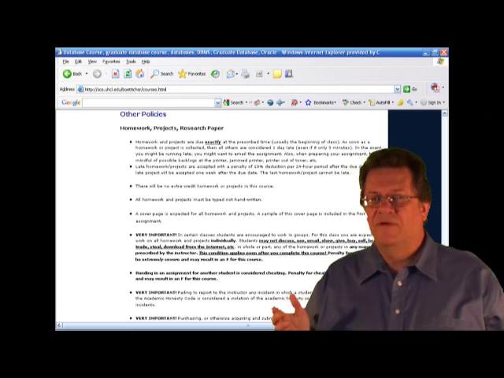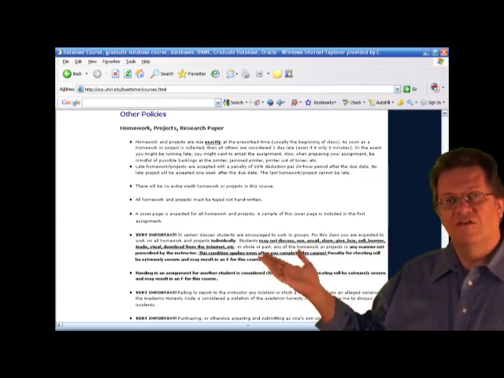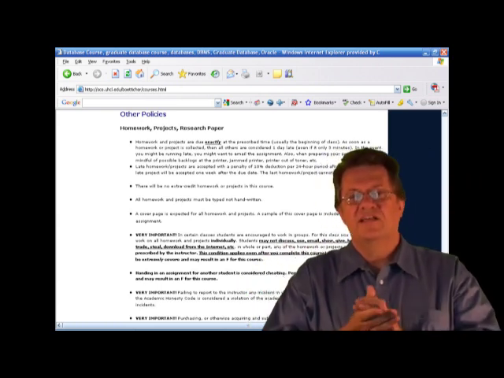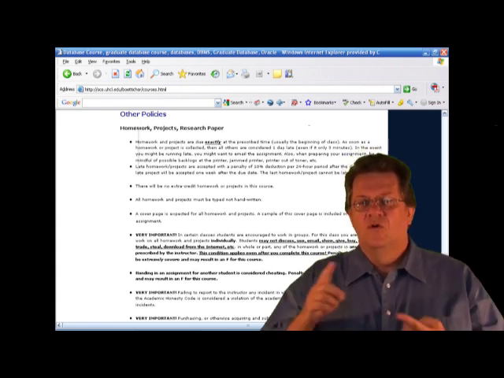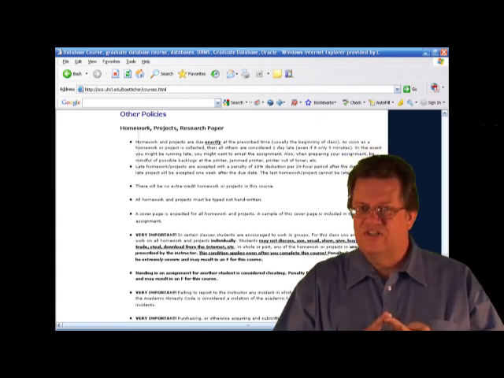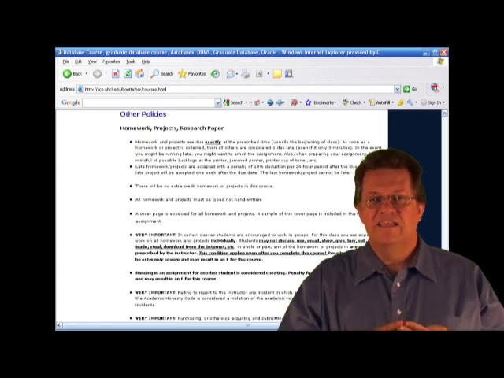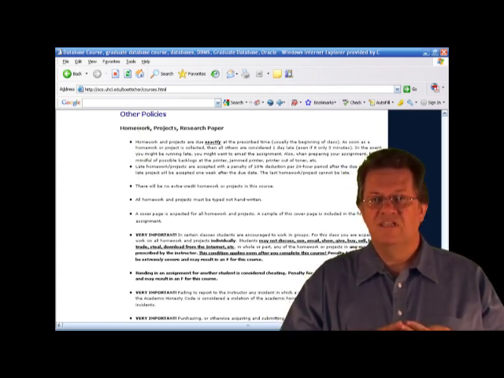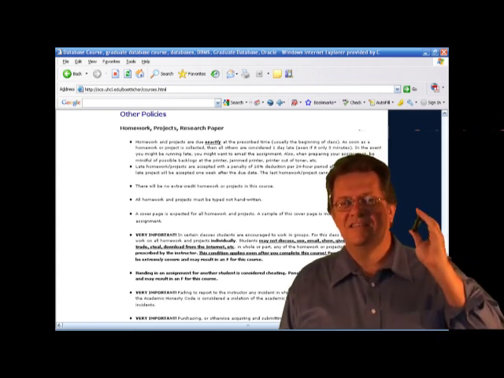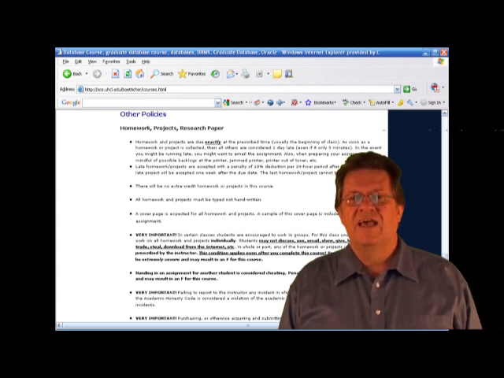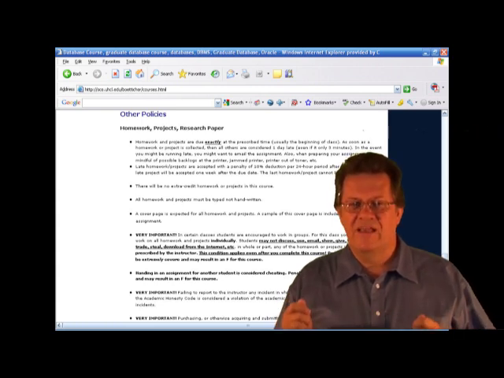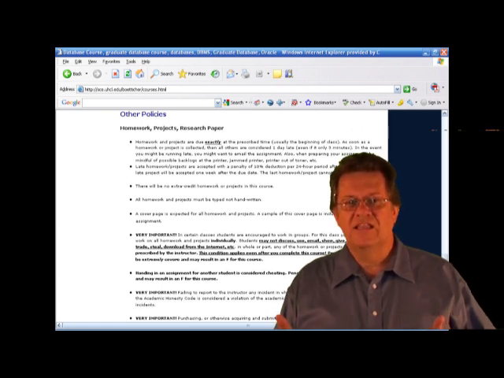Let's scroll to the bottom of the page where you see things called Other Policies. A couple things I want to point out there. You can read most of those things. One, I pay very careful attention to deadlines. Second thing is there's no makeup on the WebCT quizzes. Another thing I want to mention is about cell phones. A lot of people I know do have cell phones, and one of the things I think is to pay attention to cell phone etiquette. So when you come